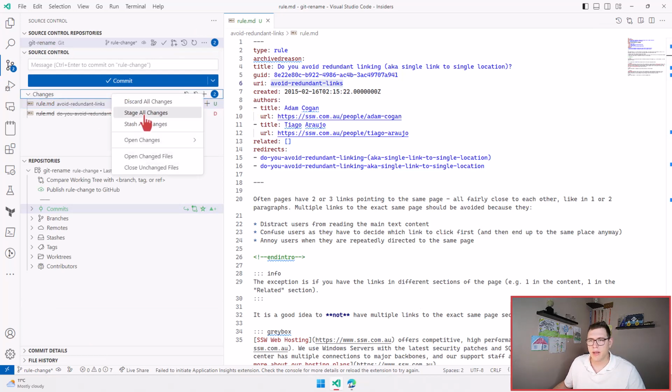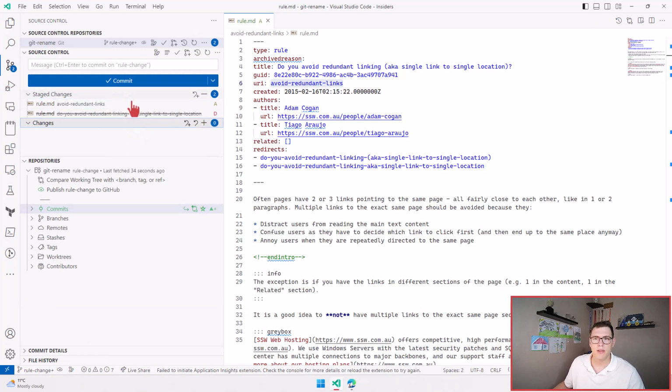And if we go ahead and stage these changes before we commit, you can see that this goes in as an add and a delete. The reason for that is that there's too many changes in the file for the Git system to detect that as a file rename. So how can we avoid this? So if we unstage those changes,